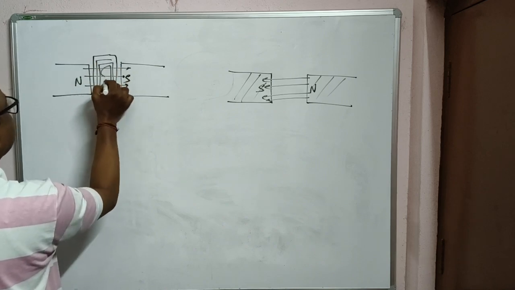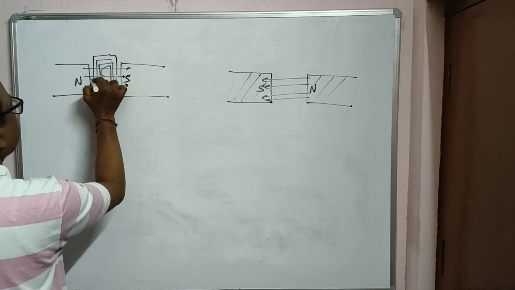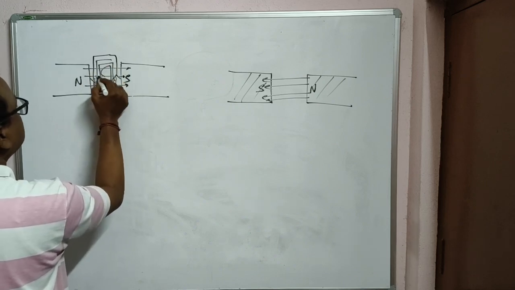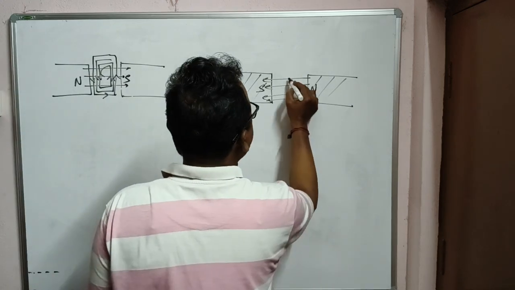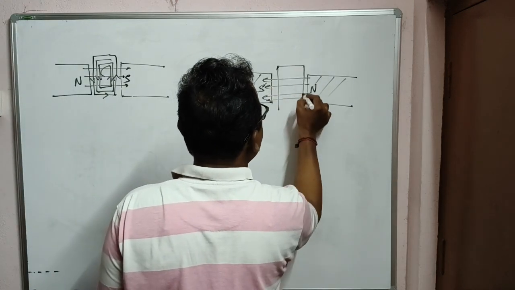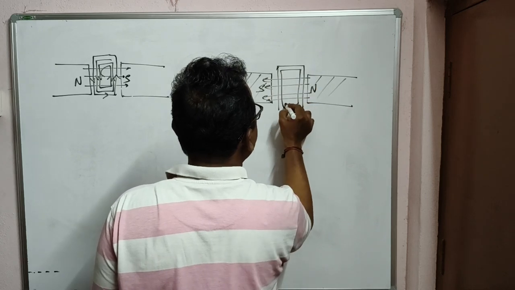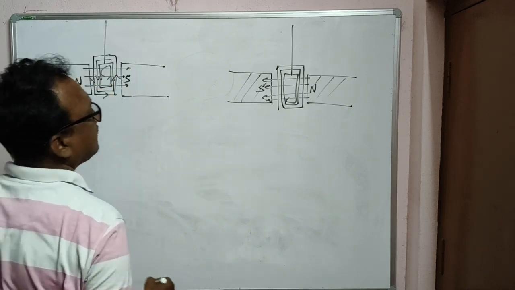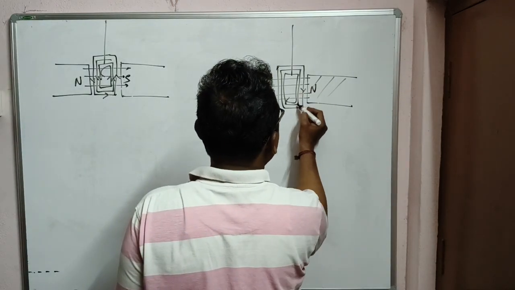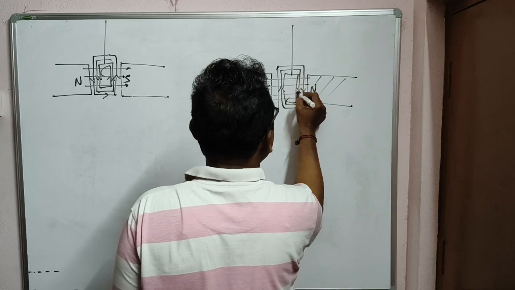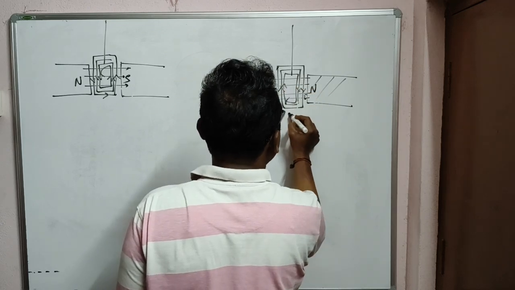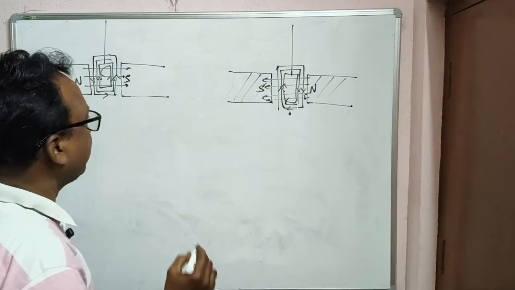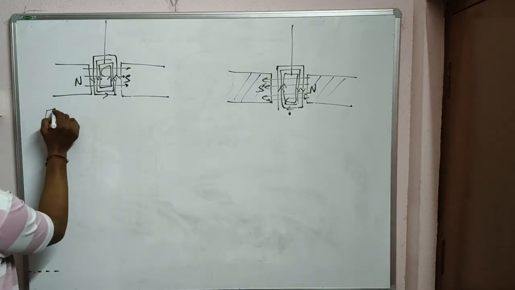which is carrying current, you can see the current is coming in this direction. Here also I am suspending one coil using a suspension thread. Now here you can see the direction of current. This is the direction of current. In such cases, we will be using Fleming's